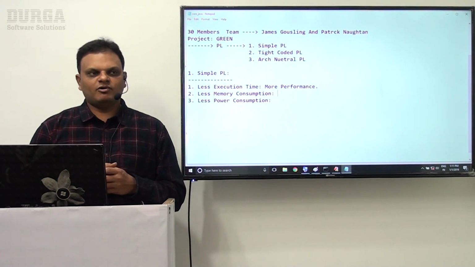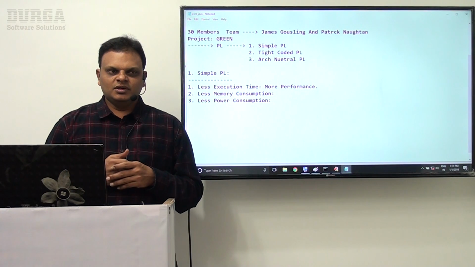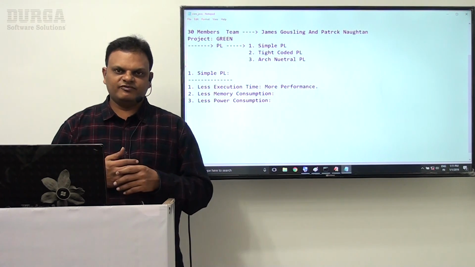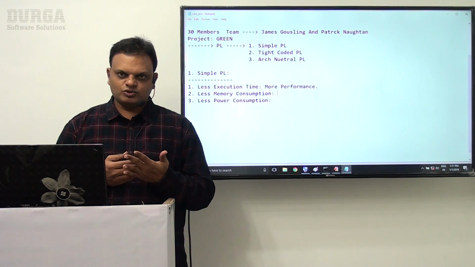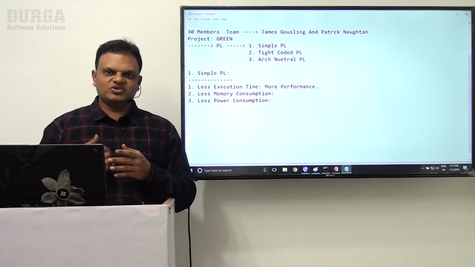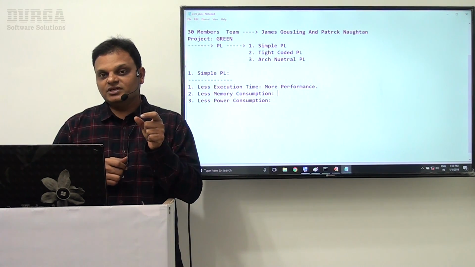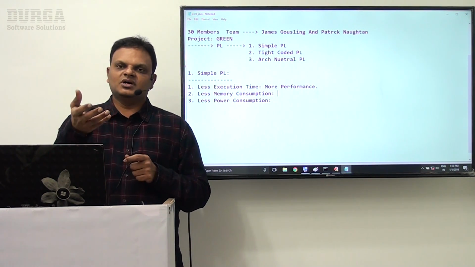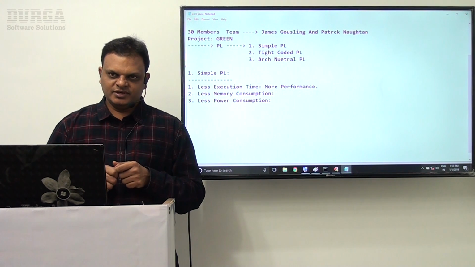For example, I want to take a computer from a computer shop. I went to the computer shop and asked him to give a good quotation. I want to take a computer for the sake of my Java application development. The computer shop person gave me a quotation with the hard disk like this, RAM like this, ROM like this, all the quotations. Good, I was satisfied. But I identified clearly that the RAM is 4 GB in the quotation, and the overall cost of the system is 15,000 Indian rupees. Good.